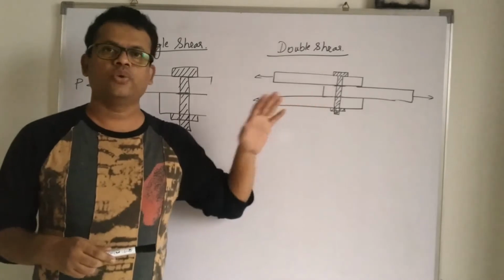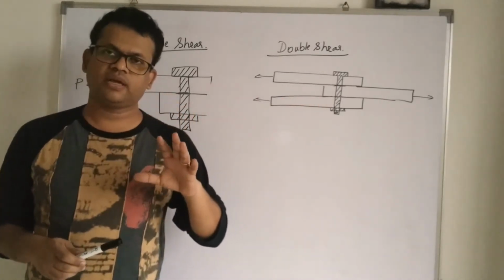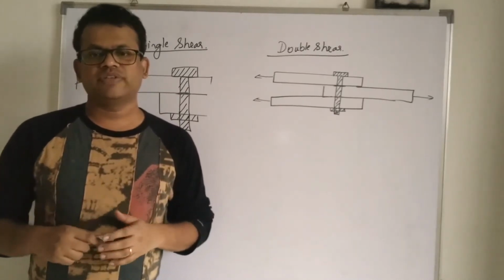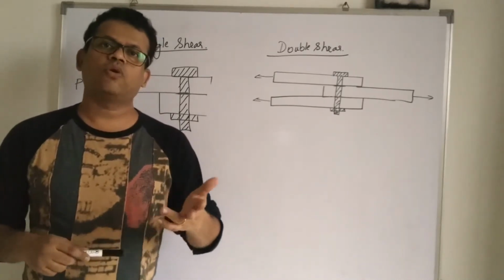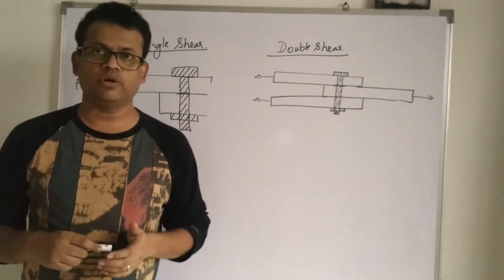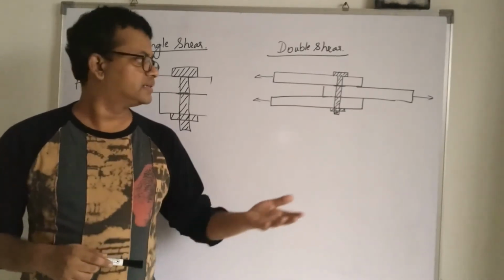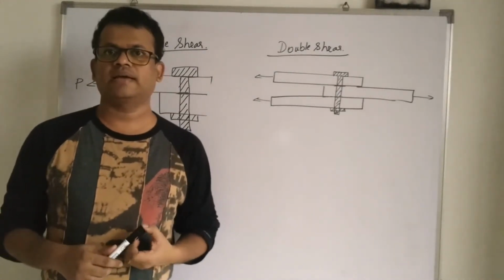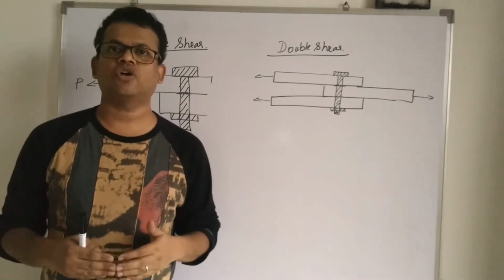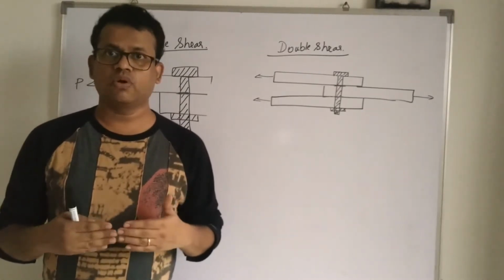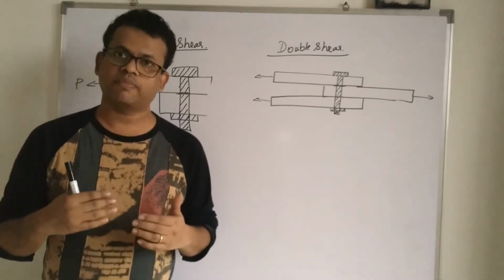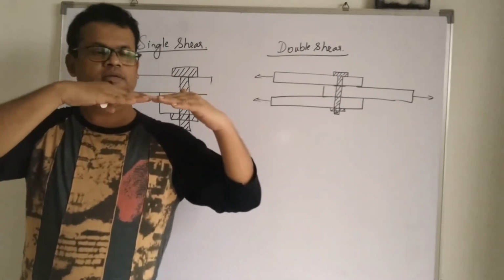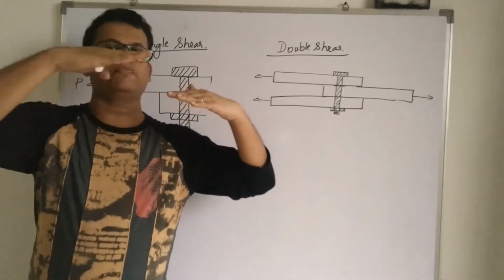All right, so you need to read the question very carefully and understand whether it is a single shear problem or a double shear problem. There can be questions like we have solved yesterday. They may say that two plates are connected by means of a bolt. When they say that, it is very clear that it is a single shear problem. Another question could be like a butt bolted connection having two cover plates, means main plates are placed like this, face to face, then cover plates, one on top and one below.